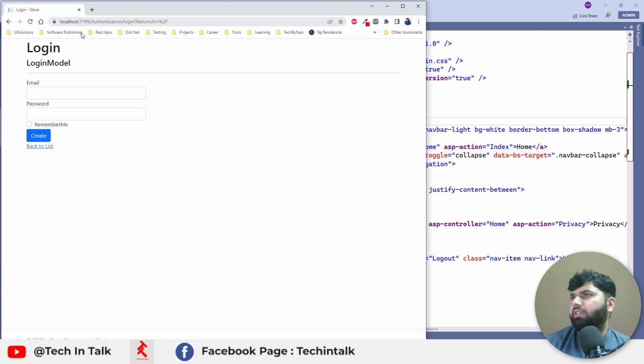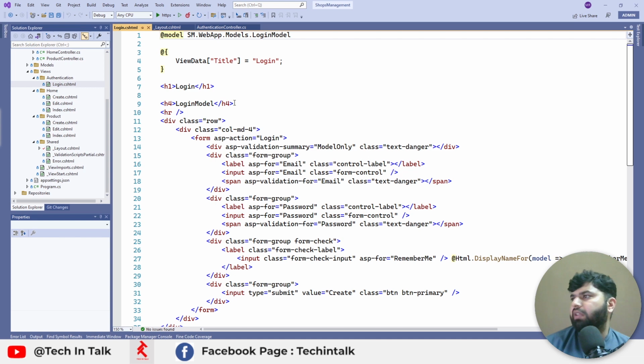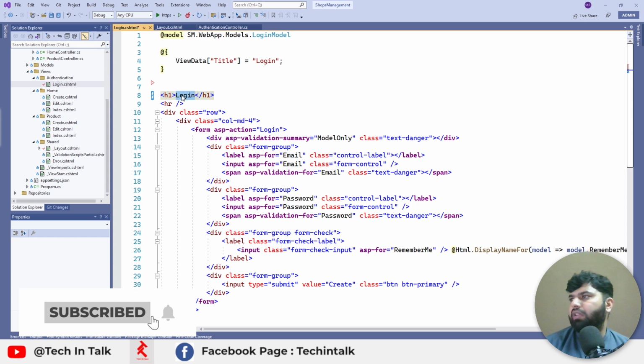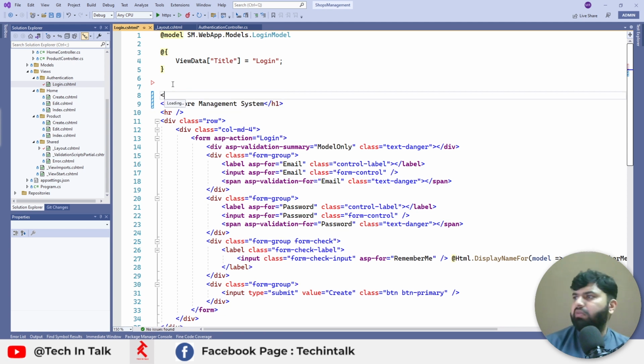now you can see the header is gone, which is good. The next thing, we want this login view somewhere in the middle of the page, and we need some text updates on that view as well. For that, I will go back to the Login.cshtml. We don't need h4 here, but we need h1. H1 should say Store Management System instead of login, and I think we should have a div around the heading